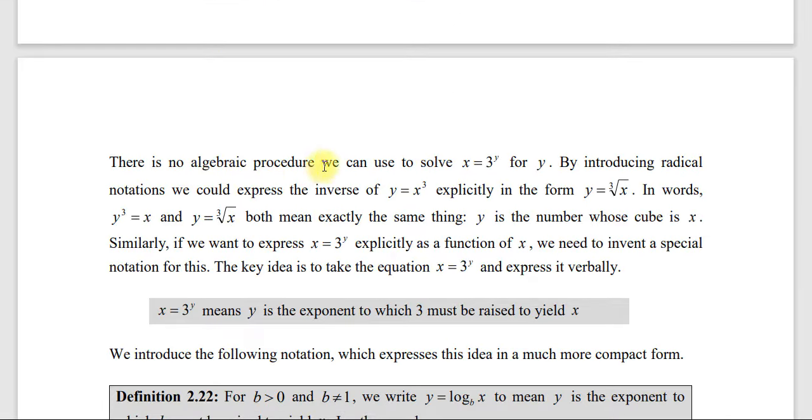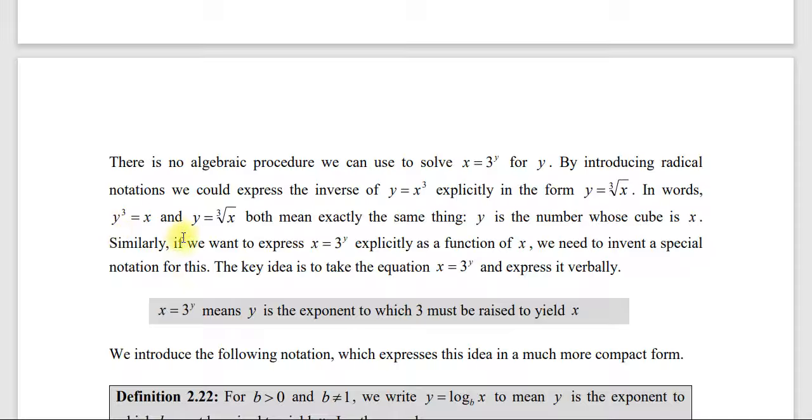There is an algebraic procedure we can use to solve x = 3^y for y. By introducing radical notation, we could express the inverse of y = x³ explicitly in the form of y = ∛x. In other words, y³ = x and y = ∛x both mean exactly the same thing. አሁን ሁለቱ ተመሳሳይ ናቸው። ይሄን እና ይሄን ብታያቸው ተመሳሳይ ነገር ናቸው። y is a number whose cube is x እንደማለት ነው።